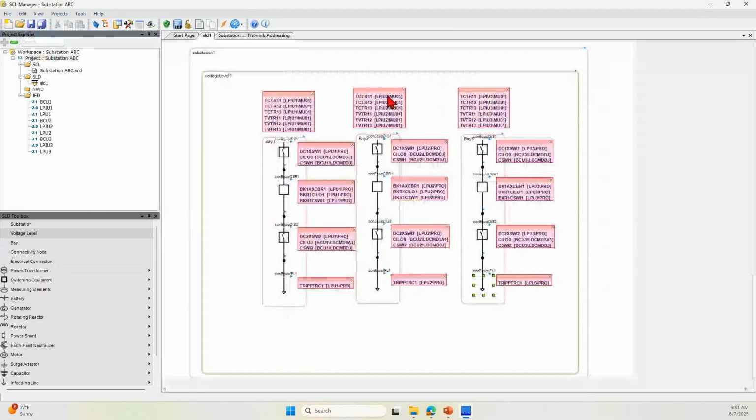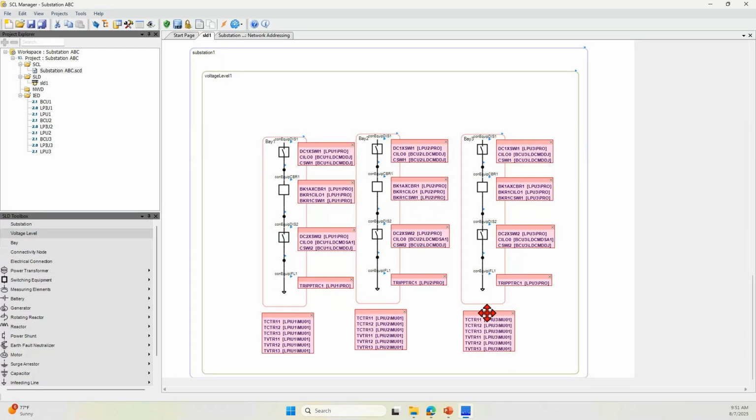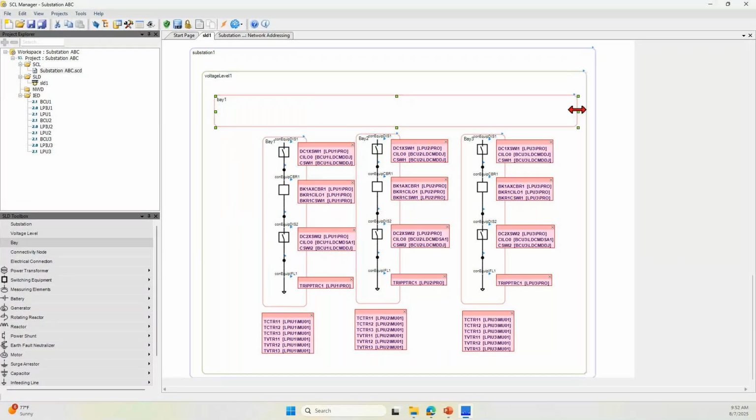Like here, you have created the entire configuration, right? And the corresponding SCD also will be populated. So if you remember, we have kept these terminals open. So that will cause a problem in the real configuration. So to avoid that, you might have to create a line. In a real scenario, you will have two voltage levels. To avoid the error, we can have the electrical line